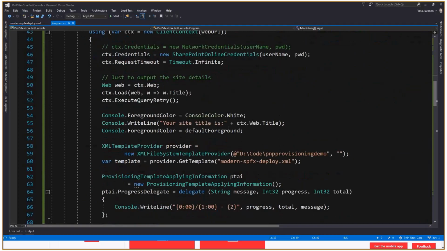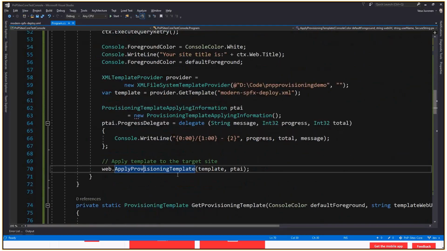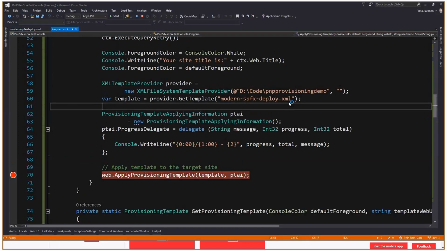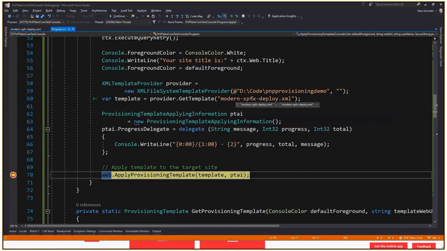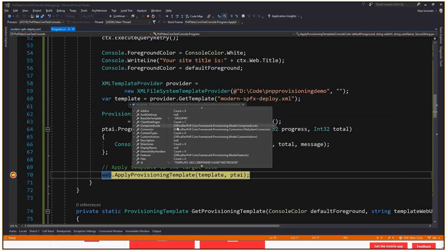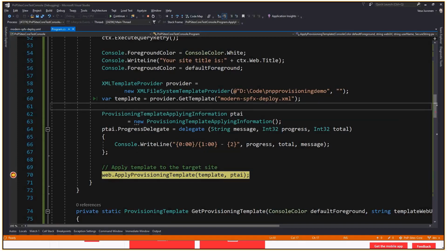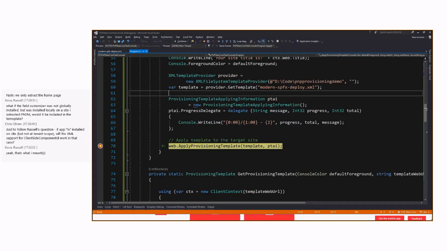I'm going to put a breakpoint in somewhere in here. Let's actually put a breakpoint over there, so we know when it actually starts processing. So what we do is that we load that template. Again, it's a template object. You could programmatically create the whole object and add additional objects and everything else and configurations to it. But the XML is pretty nice because you can serialize and save that for future usage. And now we're applying the template